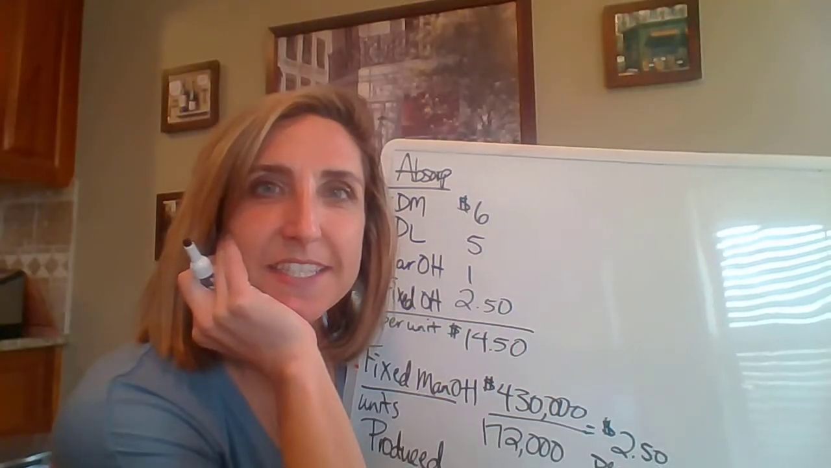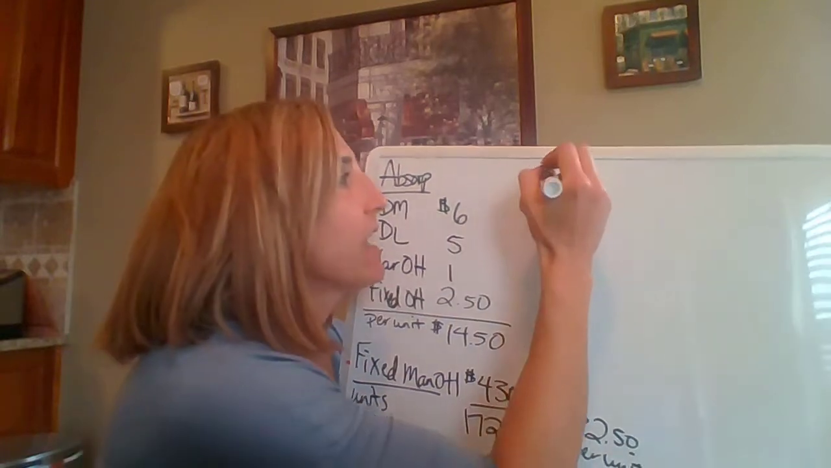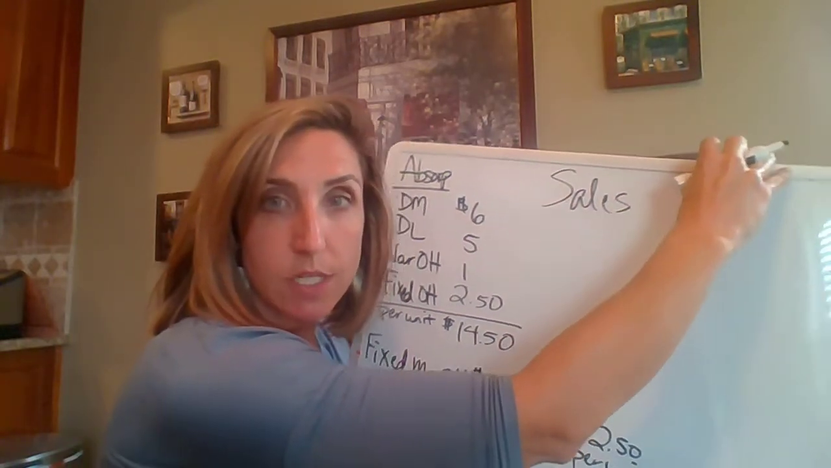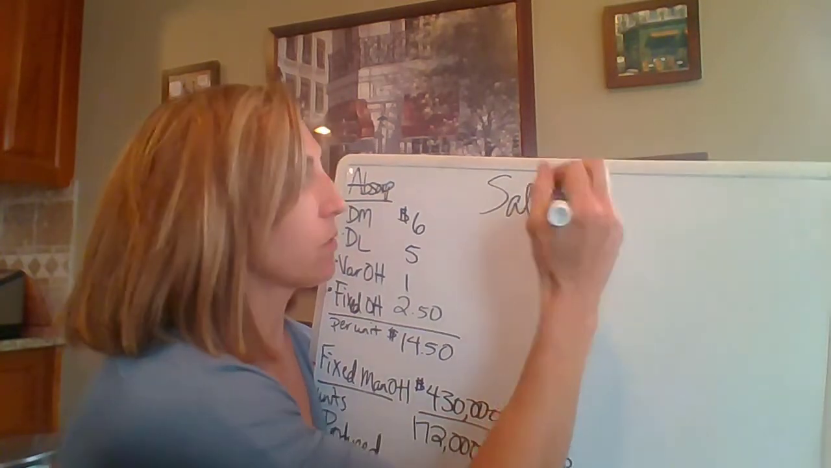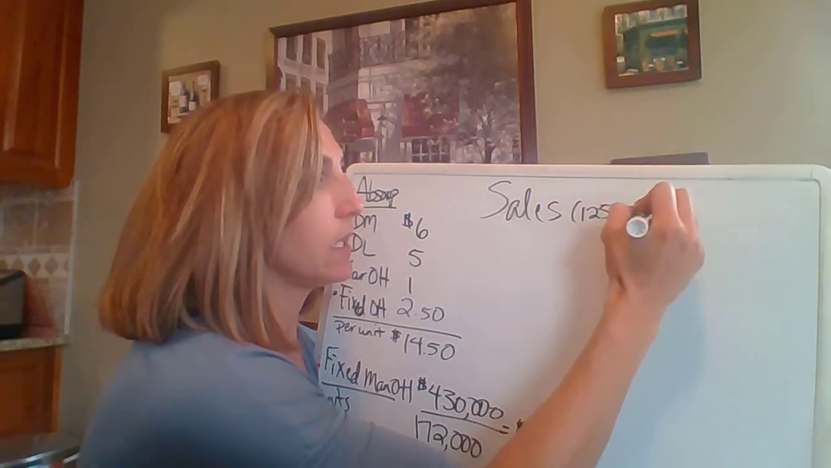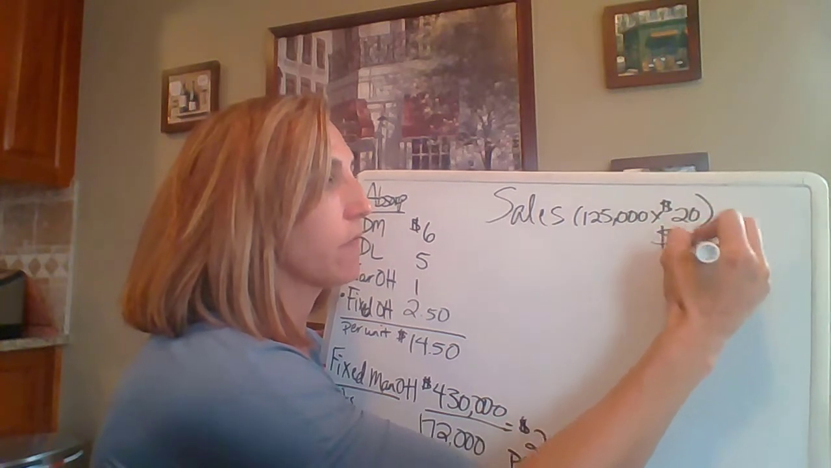Ellie says higher because she's a smart girl. So let's look at it. The sales is not going to change because in this scenario, they didn't sell any more units. So if we take the 125 and multiply it by $20, we're selling each unit for $20, we would still have revenue of